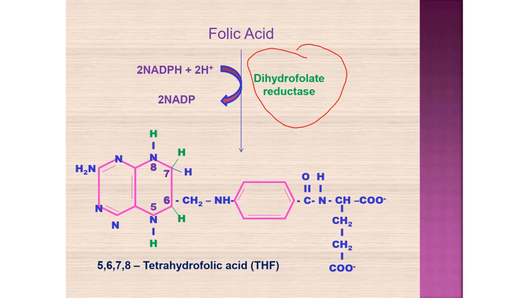Initially the folic acid is reduced by folate reductase in the presence of vitamin C, and the hydrogen atom is donated by NADPH, leading to the formation of dihydrofolate. Then one more reduction occurs with the help of another molecule of NADPH. That is why in this figure two NADPH are shown. One more NADPH contributes the hydrogen atom, and again the folate reductase enzyme in the presence of vitamin C leads to the reduction of dihydrofolate to tetrahydrofolate. That is the active form of folic acid.